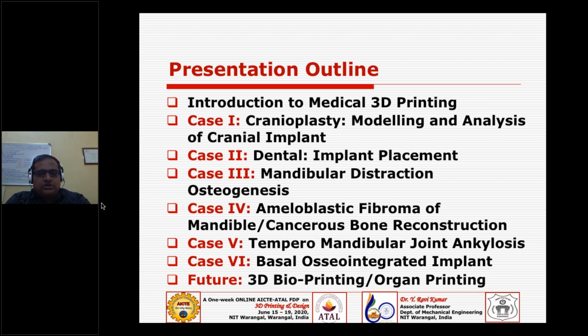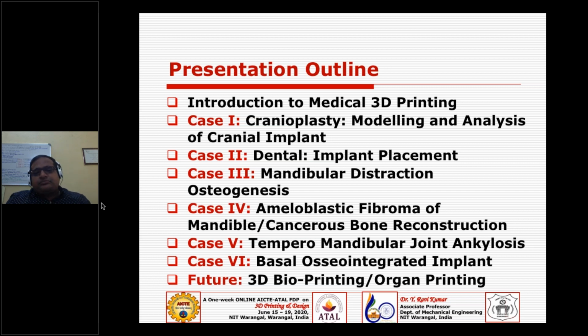I will try to put it in an easier way. The fifth case is temporomandibular joint ankylosis. I'm just describing the case backgrounds, the various cases and the reasons or causes behind them. Then the sixth case is a basal osseointegrated implant, which is an accident case.